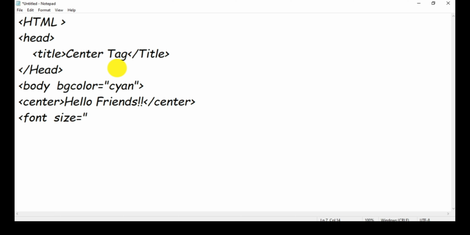size I'll give 4, then face Comic Sans MS. Now color I'll give red.